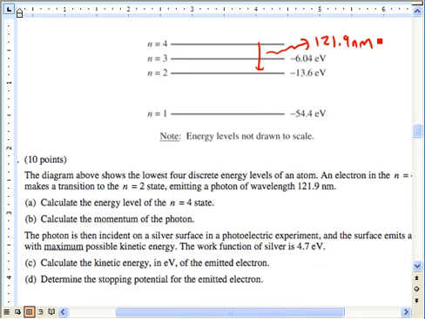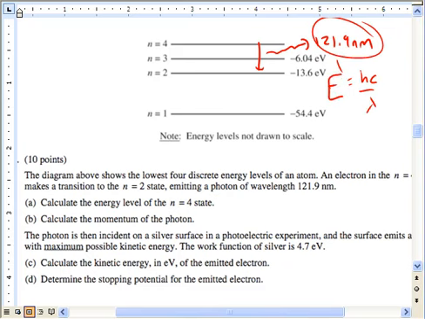So what we need to do is figure out, okay, well, if it started at some energy state, ending at this energy state, negative 13.6 electron volts, if I want to know where it started, I need to know how much energy it lost. So that means finding the energy of the photon, right? So find the energy. And remember, that's hc over lambda,